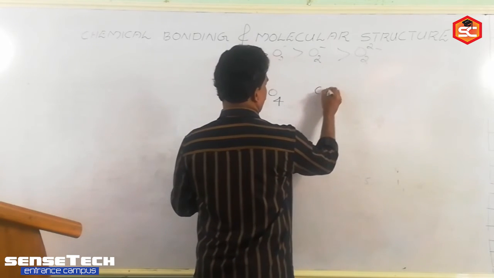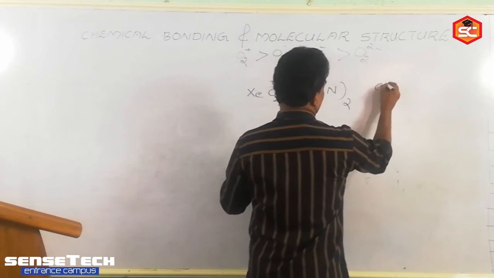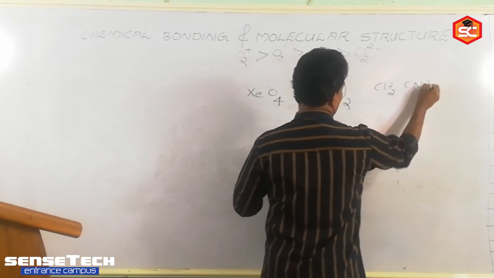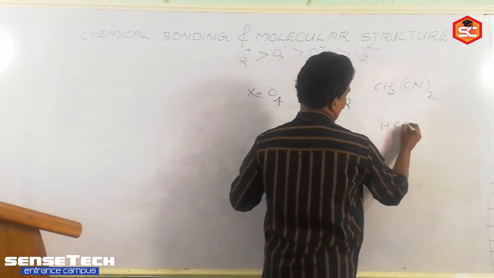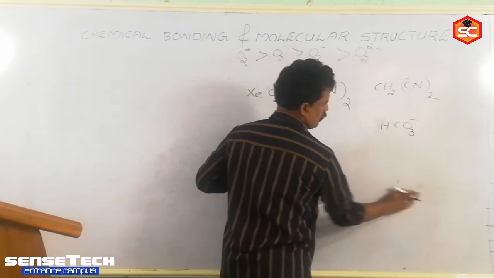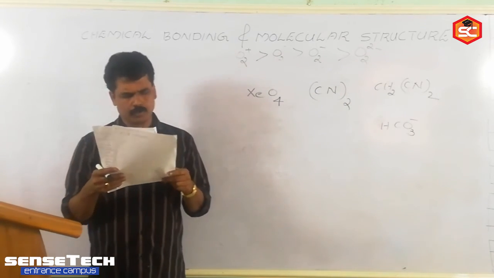Note down the structure, from that you can write it. CN twice, C triple bond N twice connected. CH2, CN twice. And the fourth one, HCO3 minus, carbonate radical, bicarbonate. Which one contains an equal number of sigma bonds and